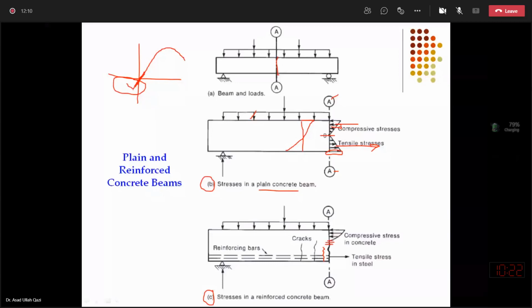A very good qualitative assessment is that the tip of the tension crack can't enter the compression domain. So when you find cracks in the beam and their